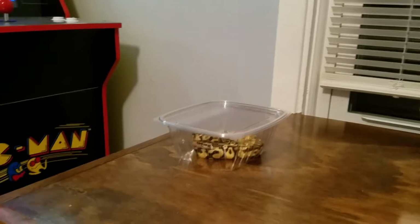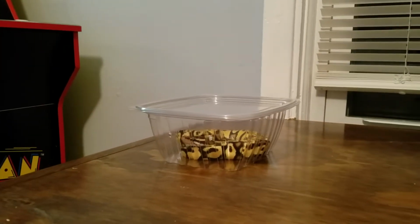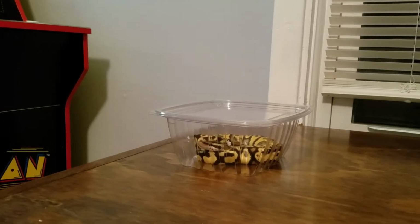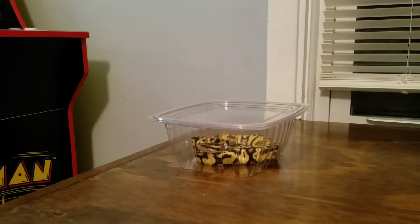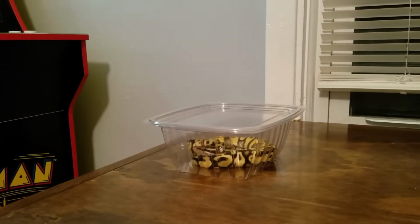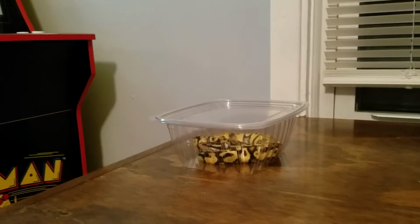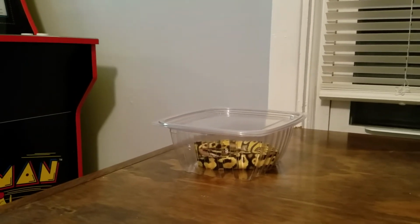What you see here in this deli container is a yellow belly pastel ball python. I've been thinking about getting a snake for probably a few months now, and I've been binging on videos all concerning snakes, particularly ball pythons. And finally, I